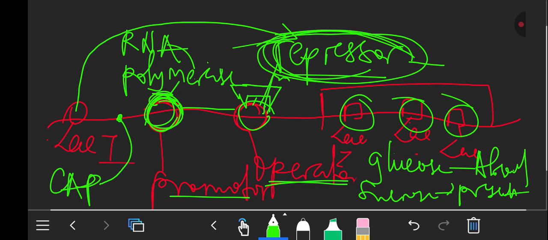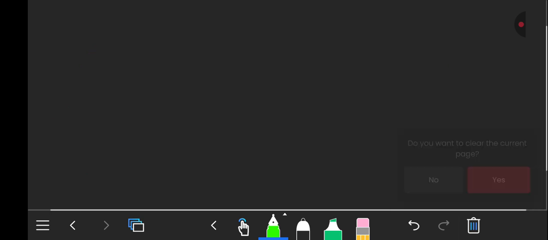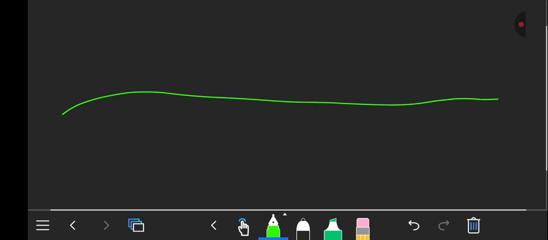So when it is turned on, what will happen? So this is what is going to happen. So let's say this is where the repressor is. We have the operator there. Then we have the repressor. So when there is absence of glucose, the repressor won't bind. So it will just be like that. Okay? It won't bind to this